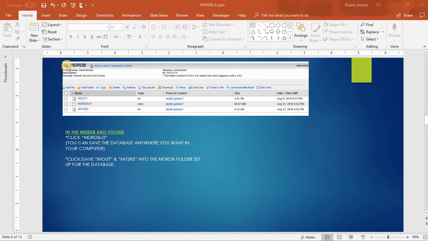So when you get to the actual AKO folder, all you got to do is click on MDRDB volume 3, and then you could save it anywhere you want. It doesn't particularly have to be in the actual MDRDB folder, the actual database folder. I recommend just saving it onto your desktop, so it's there on your computer. Now for the in and out and the SRB text document, make sure you save it in the actual